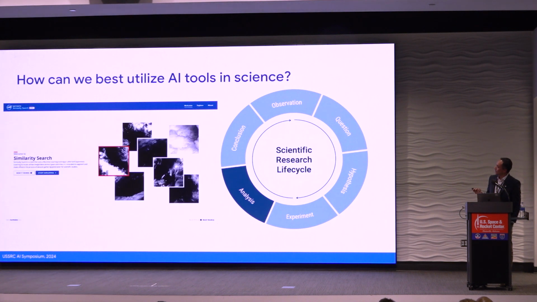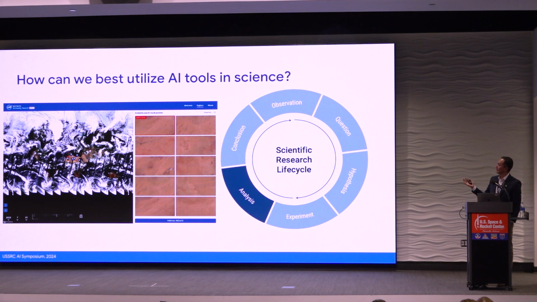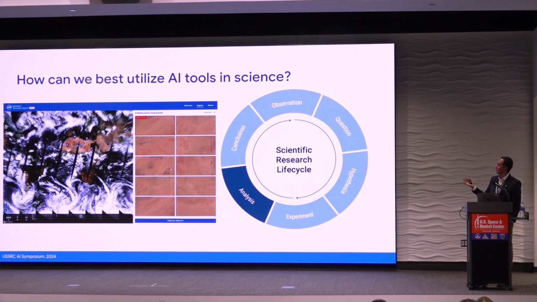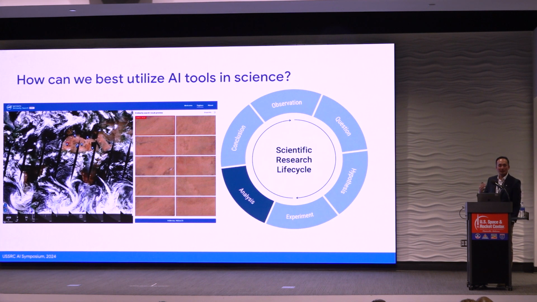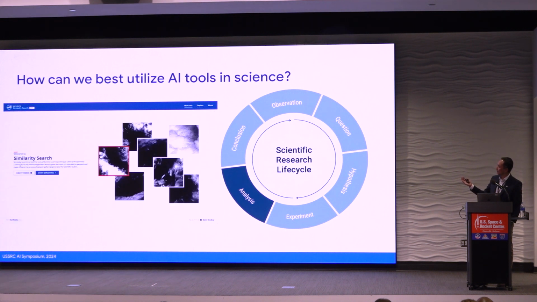So here's an example. This is an example of an archive that goes 20 years back, right? Sifting through all of that data by opening the file is just not feasible. So this is an interface built on top of AI where, if you're interested in a certain type of phenomena, you can go to this